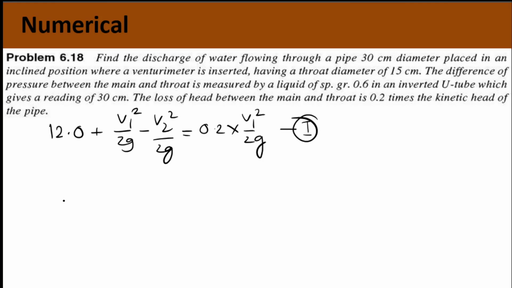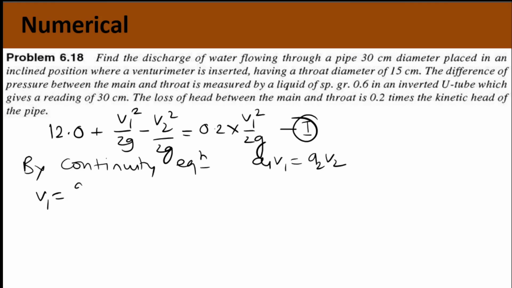Now we are not knowing both the velocities. So first we'll use the continuity equation to express one velocity in the form of another. So by continuity equation, I can write A1 V1 is equal to A2 V2. So V1 is equal to A2 upon A1 into V2. We know the areas, so I can put the value of areas here, and I get it is equal to V2 by 4. Now if I put the value of V1 as V2 by 4 in the relation number 1,